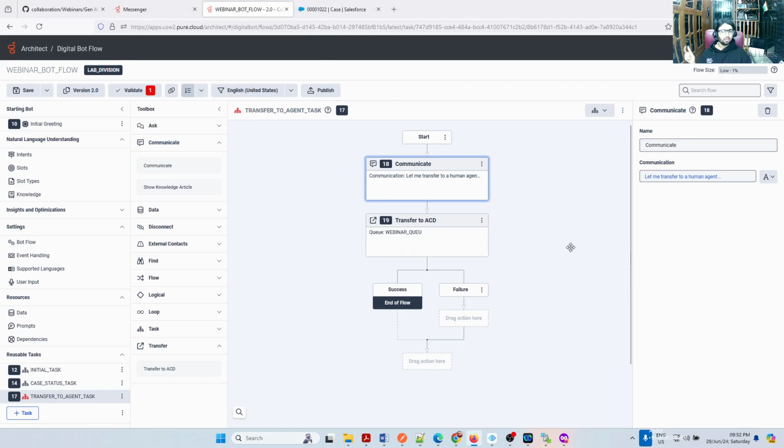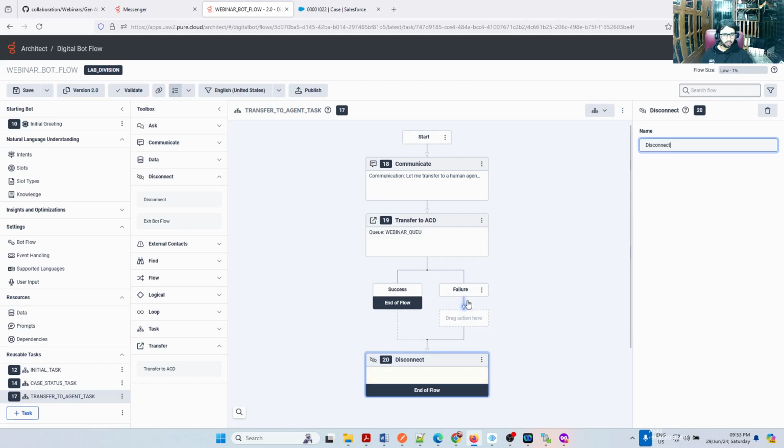Okay. So let me transfer, and then there is an error here, right? The red color indicates there is an error, and the error is because after transferring to the ACD, there are two possibilities. One, the ACD transfer goes to the real agent. Then the disconnect or continue, all those things are decided by the agent. But what if it fails for some XYZ reason? I don't know what exactly the reason is. It can be a system failure or something. If there is no agent, it will not fail, but any logical failure which is not in our basic logic, a system error or something that happens, then I can disconnect that. Okay, so let me add a disconnect option here.